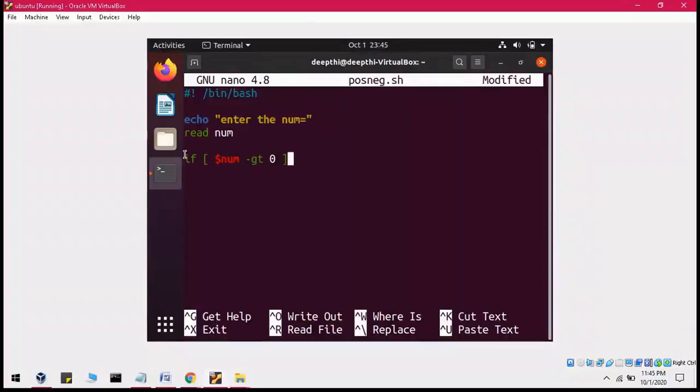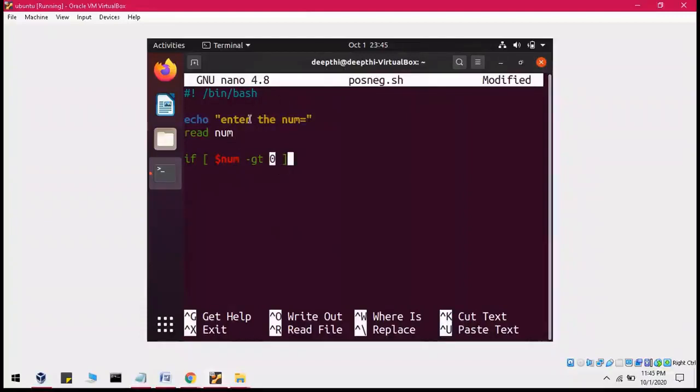and then after that one more space, and then you are putting this square bracket. So I repeat it again. So now see, you are writing if, and then with one space, then the square bracket, and then one space, and then the name of the variable, that is num, and the variable name should be preceded by the dollar symbol, and then space, then -gt represents greater than, and before that we have to use hyphen, and then with space I am writing 0 because with this I am comparing my number, and then space, again the ending square bracket.